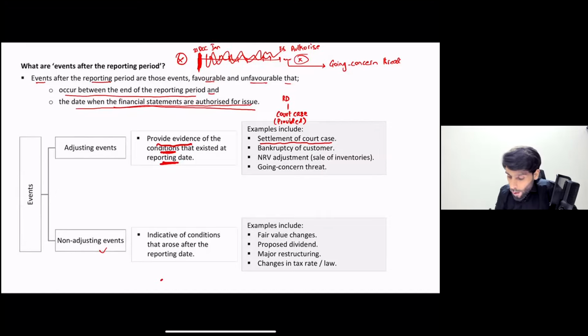And beyond the reporting date, for example, on 10th January, after the hearing concludes, you see that there is a bigger exposure. You lost the case, and there is a bigger exposure of loss now.